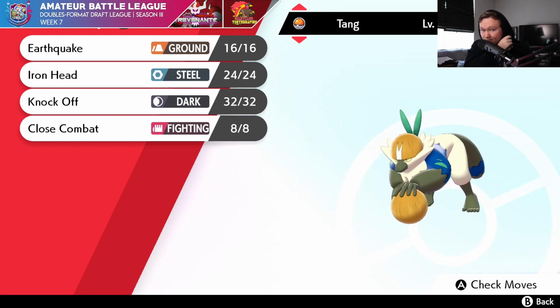He has a Silvally on his team. I have no idea what type he's going to bring. I don't even have an inkling of an idea of what type he's going to bring. I really just don't know. We're running Earthquake on this thing as well, which is kind of a bad call now that I'm thinking about it, but we're about to battle. It's kind of a bad call because there's nothing on my team that...